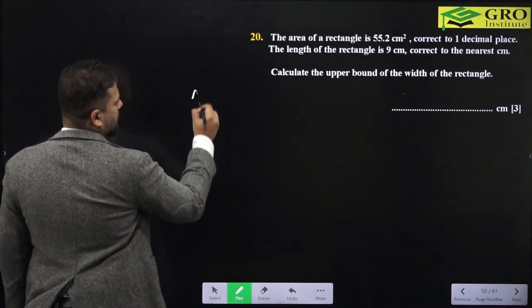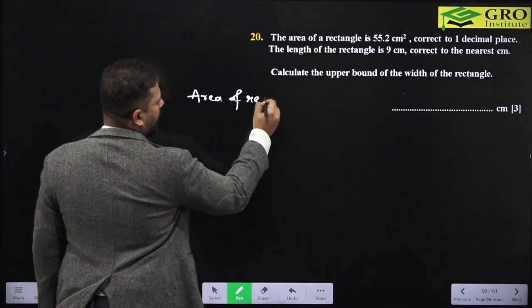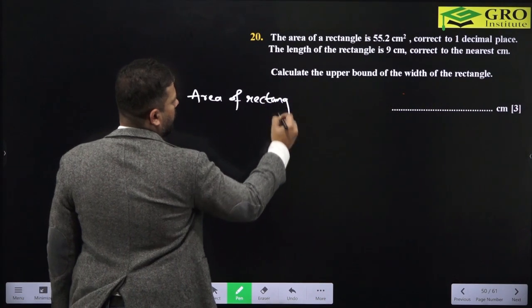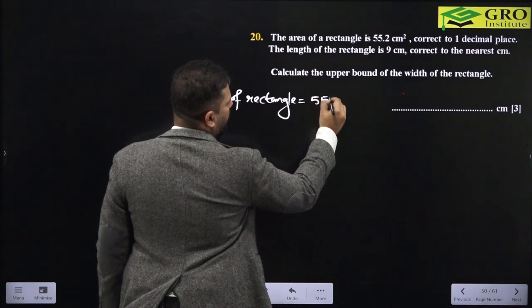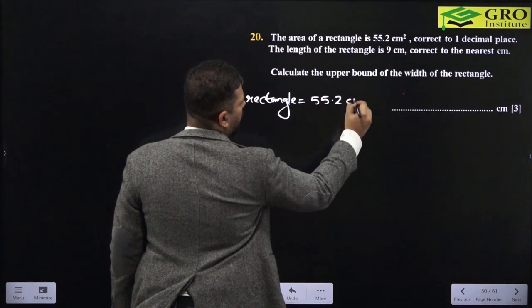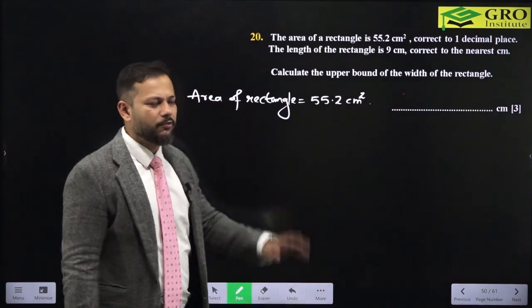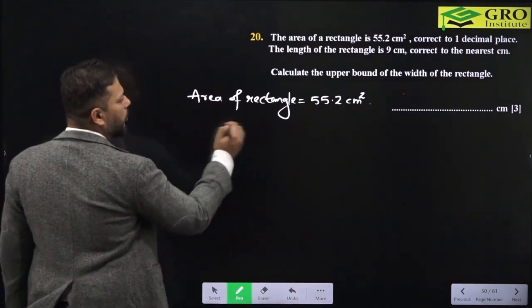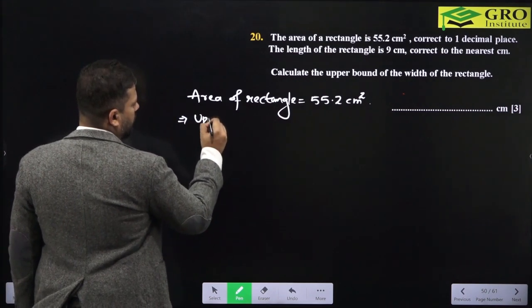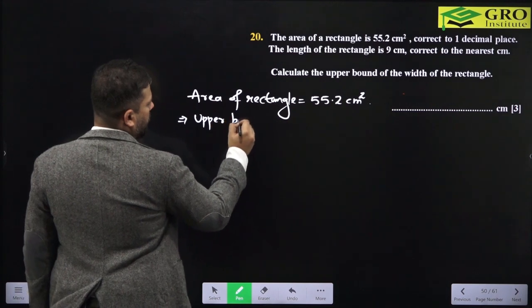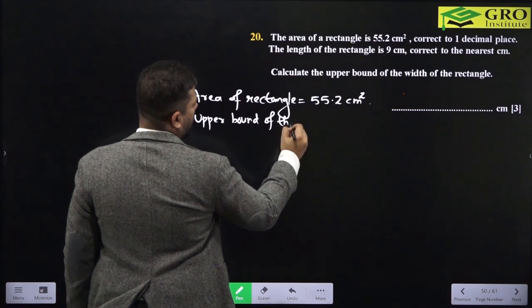Let us write the basics. Area of rectangle is given as 55.2 centimeter square. This is the area of the rectangle given to us. What would be the upper bound of this area? This implies that the upper bound of the area,